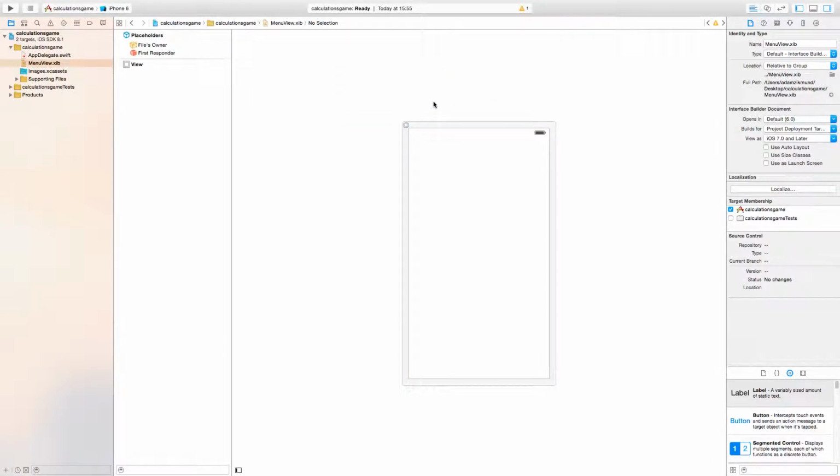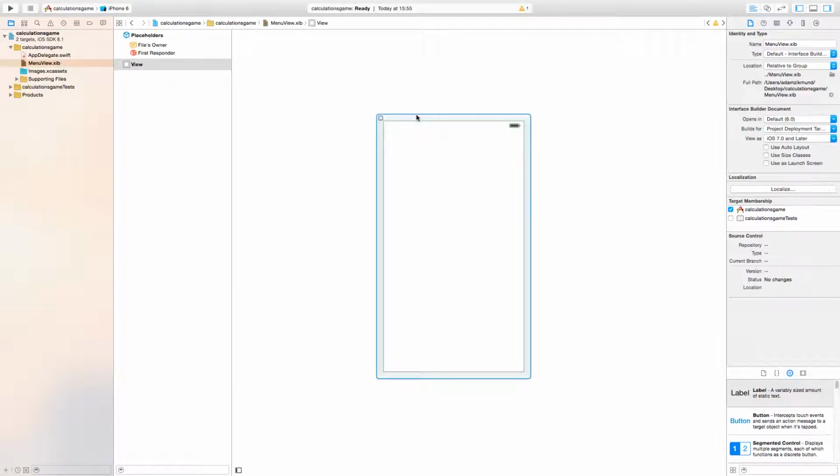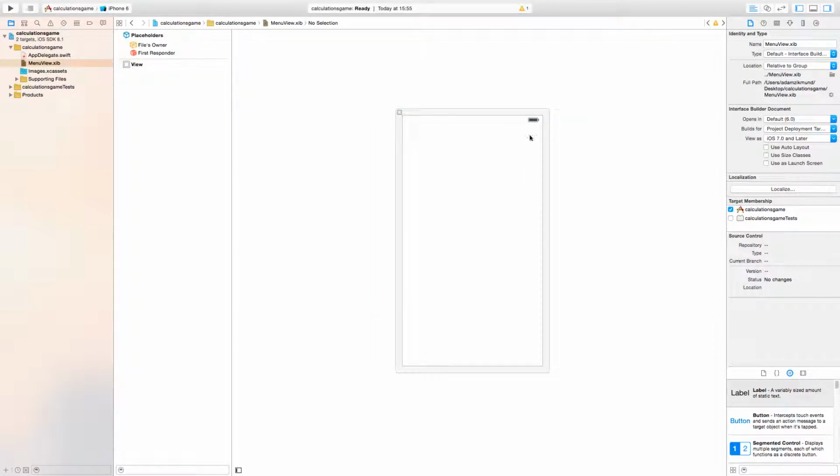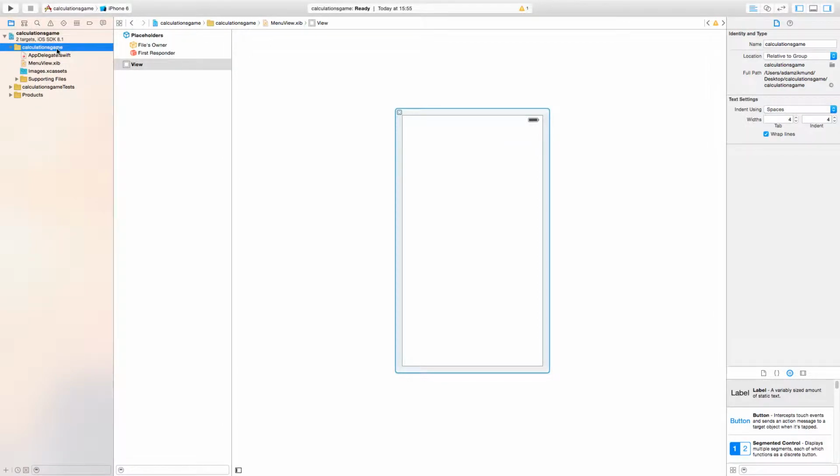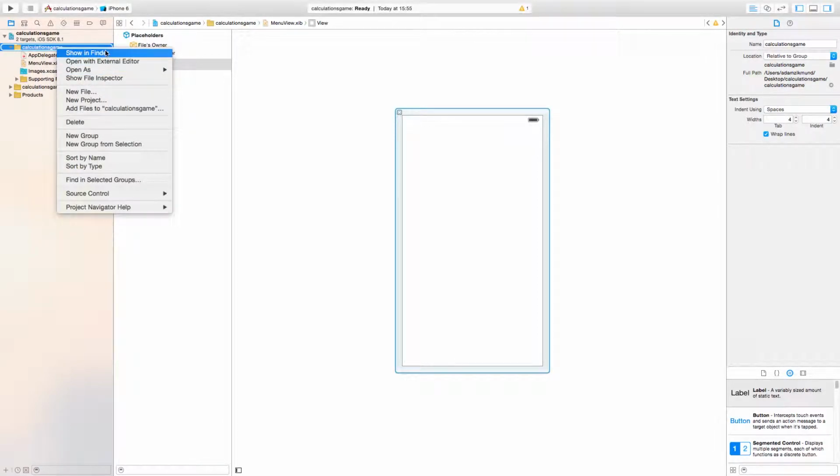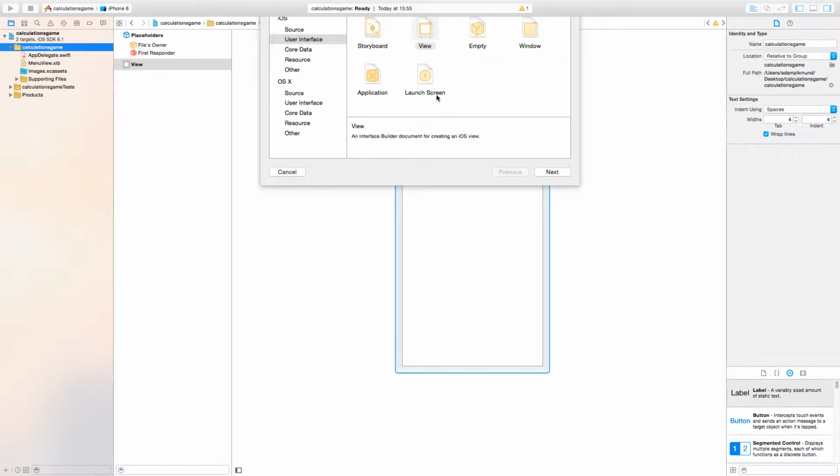We will make all UI programmatically, so we don't need to use the constraints and auto layout. So we have to remove this, and now what I have to do,